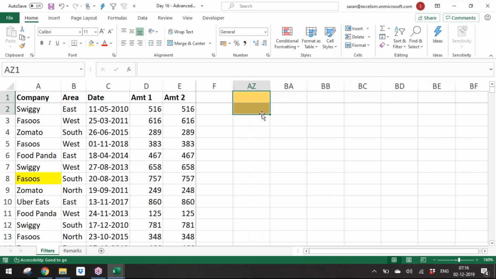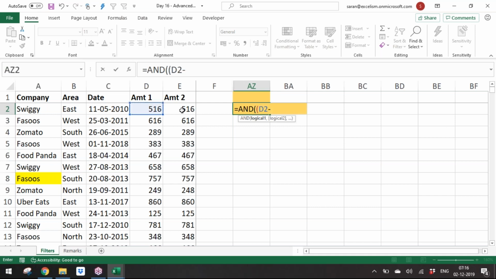Now let me take one more example. I want to use AND function. Why is AND function required? Because if all conditions are satisfied, then only the result is true. Even if a single condition is not satisfied, the result is false. I'm going to use AND function. Now I'll ask a small question. The difference between this minus this must be greater than or equal to 100,